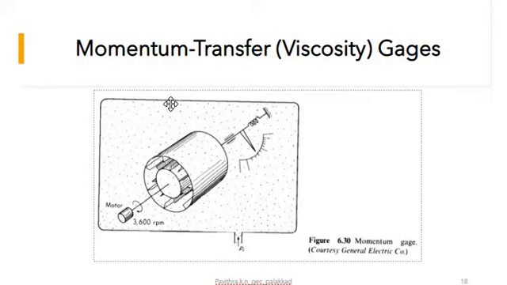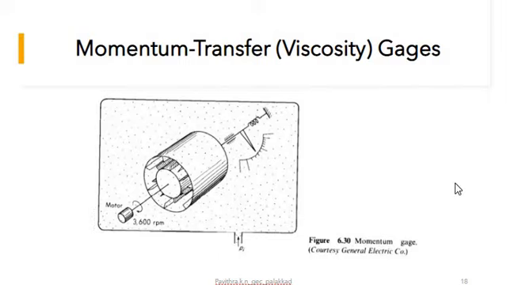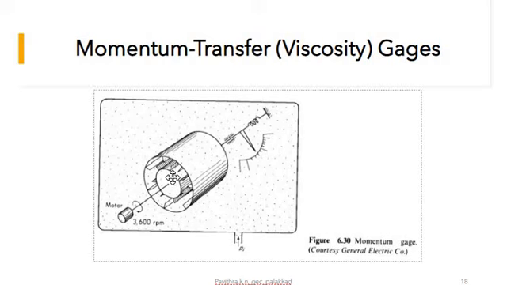So this gauge is calibrated for dry air and it covers a range from 0 to 20 torr. The range from 0 to 0.01 torr occupies about 10% of the total scale. So the capacity is 0 to 20 torr, and we can measure that much pressure by this method. If you are using this technique for low pressure measurement, that is 0 to 0.01 torr, then those values will be about 10% of the total scale only.